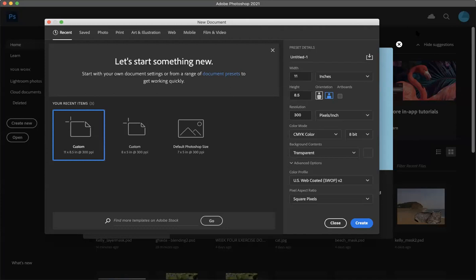We are beginning the layer mask assignment. What I'm asking you to do is to create an 8.5 by 11 file. My images are horizontal, so I'm going to do it in the landscape format. I'm going to click this to make it horizontal, and we're going to call it your last name